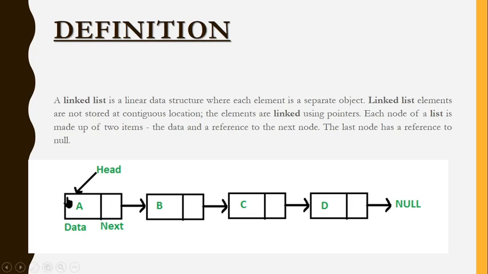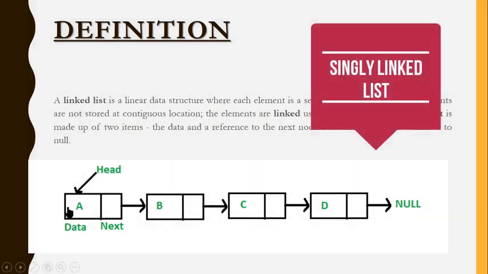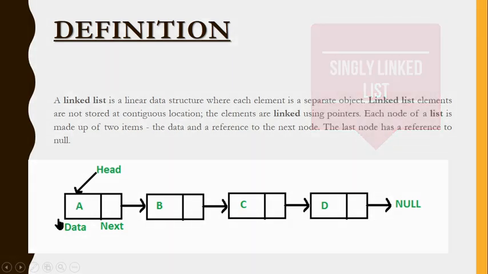You can see here we have A, B, C, D. That means I have four nodes. The first node will always be called head. Whether you have four nodes or five nodes or a single node, the first node will always be denoted as head. And the last node's address part should end with null. Here we are talking about singly linked list. There are three categories, and this is an example of singly linked list. Remember, the first node we call head, and the last node's address part we call null.